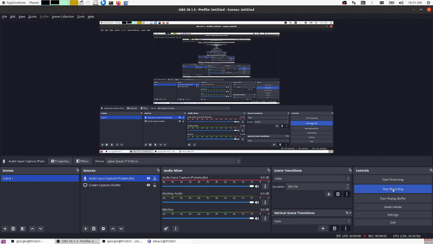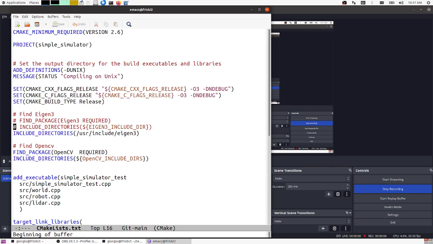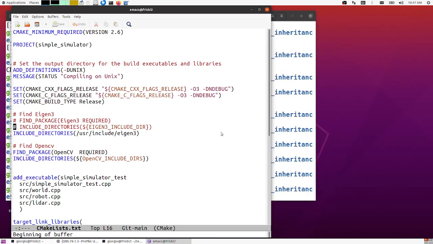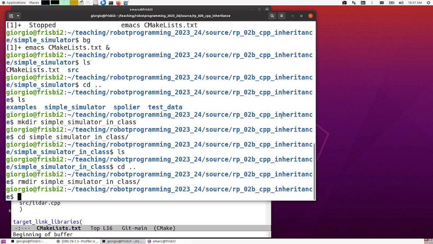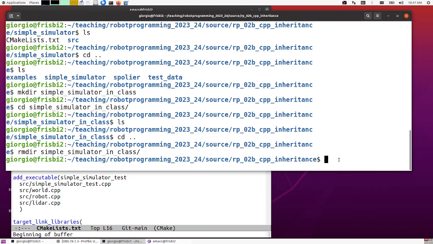All right, so now the topic of the lesson is to learn how to use OBS. No, it is to construct the simulator I have shown you before, and I'd like all of us to do this. I'd like you to do the work. Okay, so let's start. We're starting a new project, and to start a new project, a good practice is to